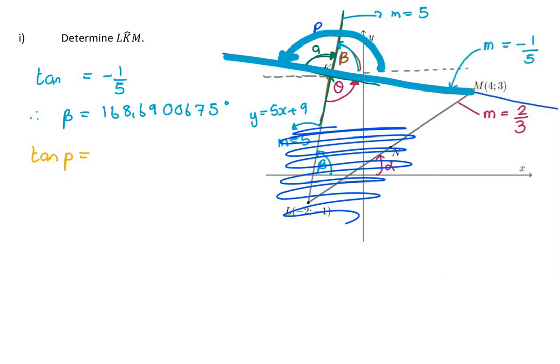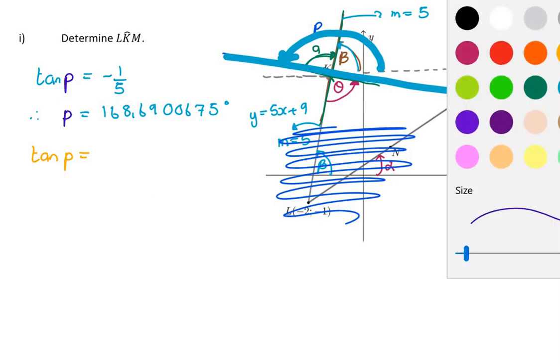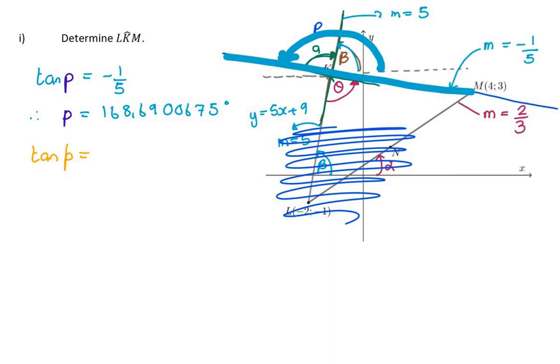So this was actually tan of P, and so this was the P that I was working out. Now I'm going to be working with the value of beta. So this should be beta and not P, because I'm going to be working with the gradient of 5. So if I shift tan 5, I get beta is